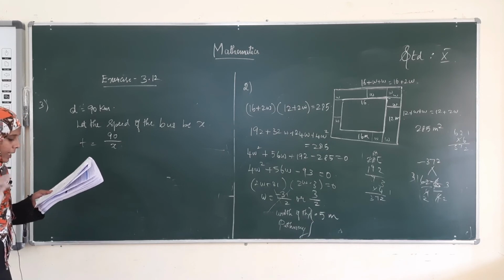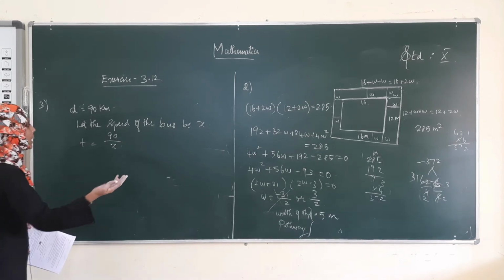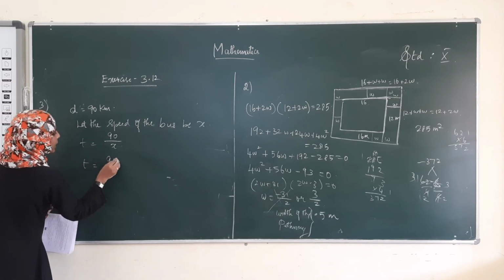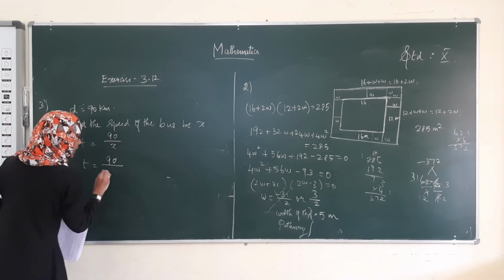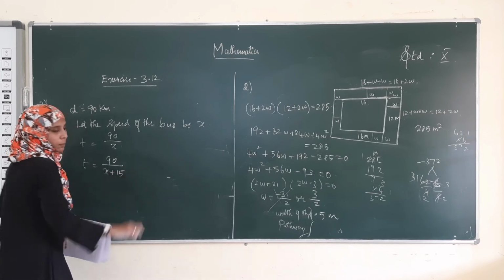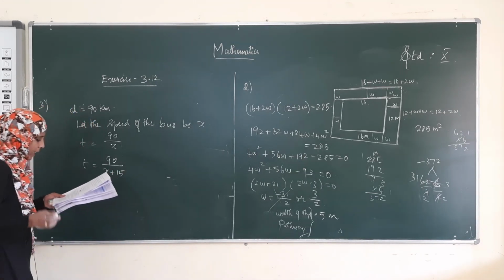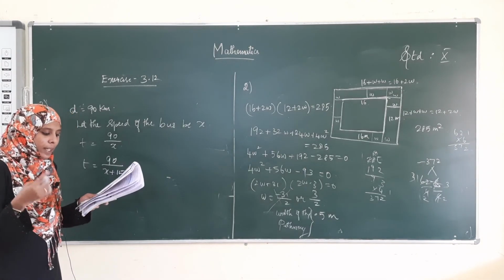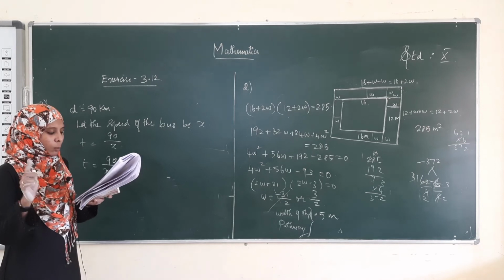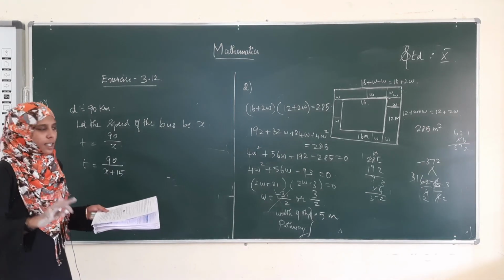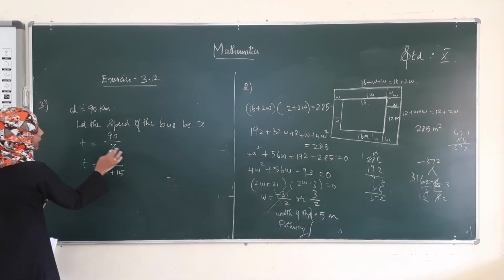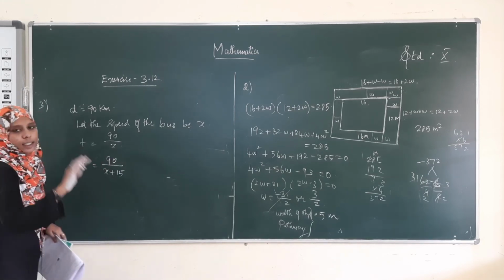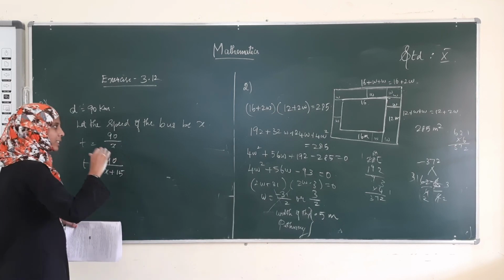If the speed is increased by 15 kilometers, then what will be the time taken? The time it takes for 90 kilometers, if the speed is increased by 15 kilometers, means x plus 15. What they have given is a bus covers a distance of 90 kilometers at a uniform speed. Had the speed been 15 kilometers per hour more, it would have taken 30 minutes less.